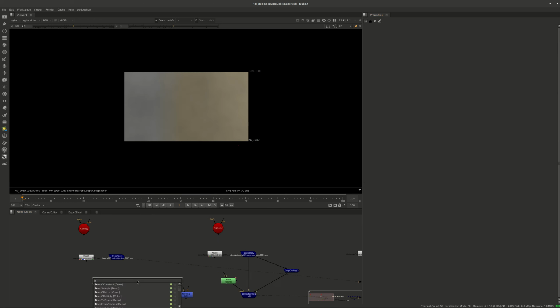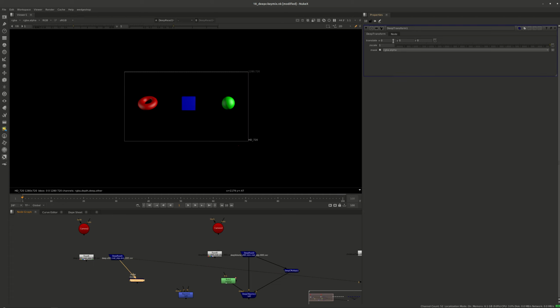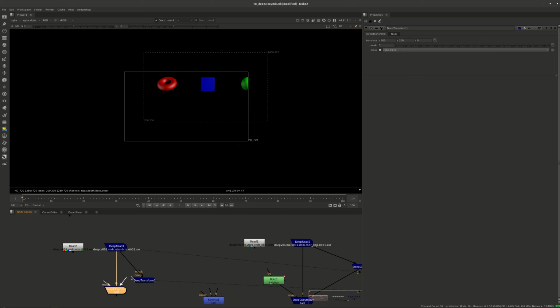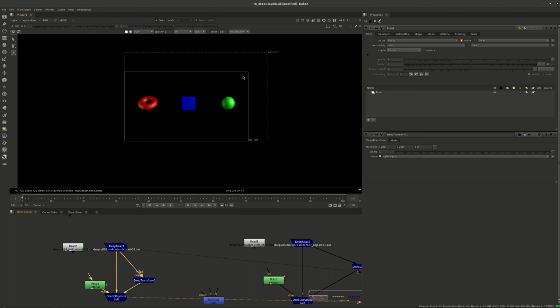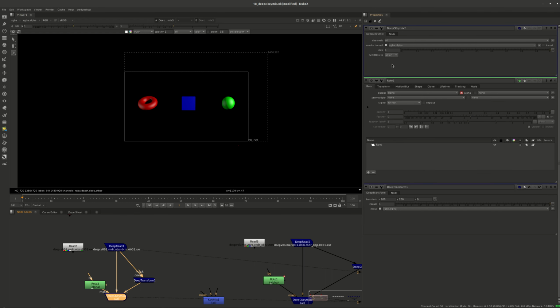Let's say, let's bring a deep transform, looking at this, let's set this to 200 each. So we have a bigger bounding box on this one, and then we just bring this in, merging A to B, and then you see there is a bounding box already, and now I can set it to B, A side,